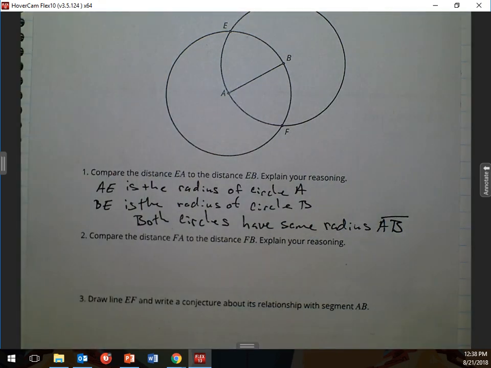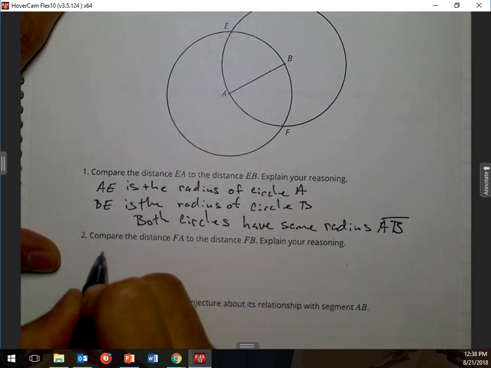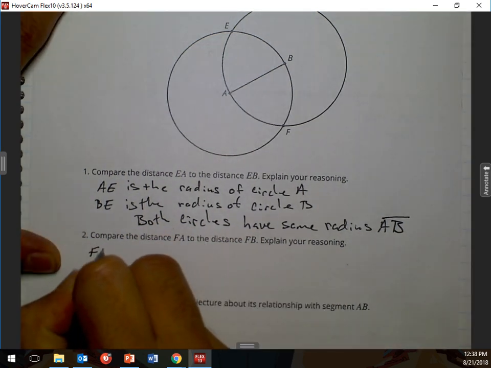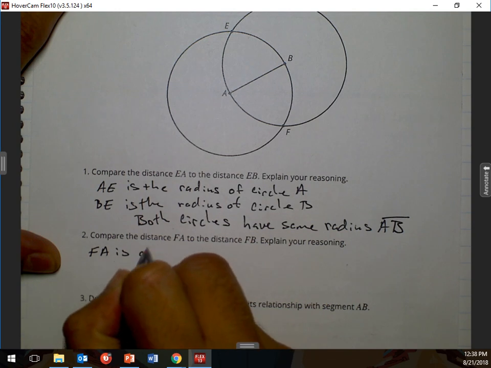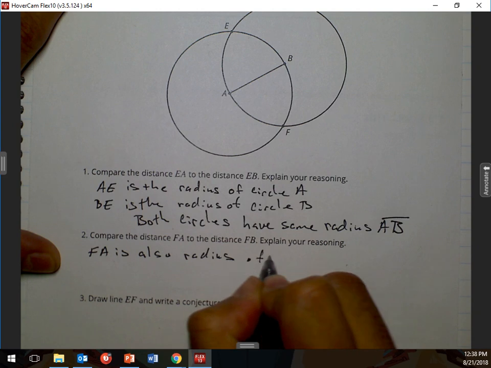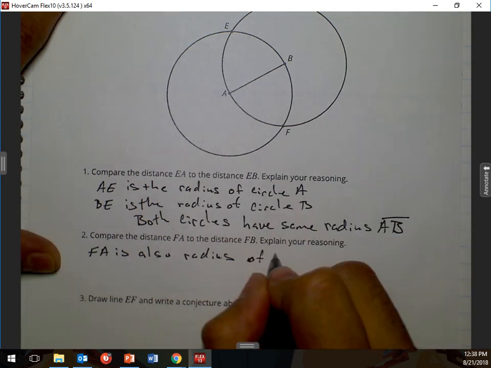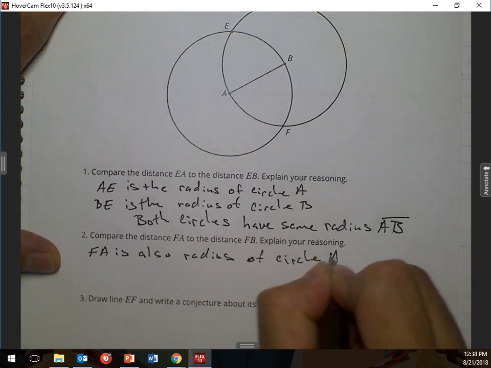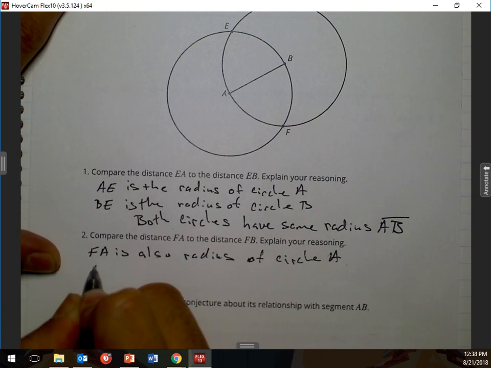I put that both circles here have the same radius AB. Since both circles have the same radius AB, that means they're both going to be the same size, and that means all the other radii off of that are going to be the same. Same thing for this one right here. So FA is also a radius of circle A, and FB